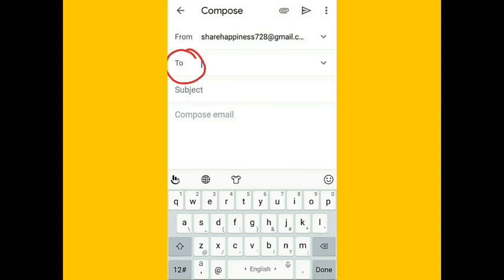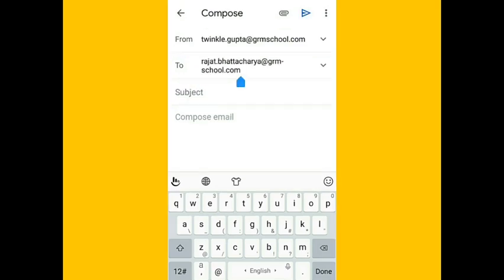mail. Dear parents, here the mail ID of the concerned teacher will come, that will be given in the question paper as well as in the description box during the exam. Here I have written any random ID, but you have to only write the ID of the subject teacher only.